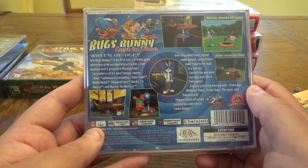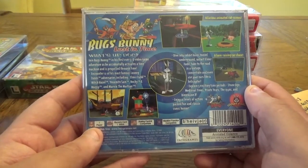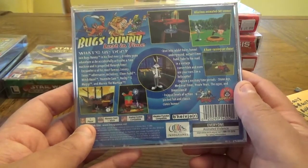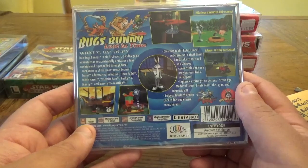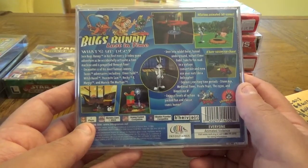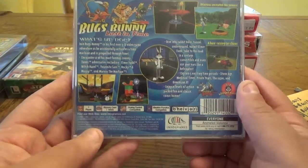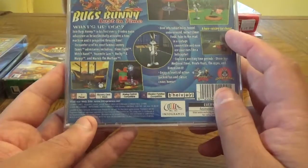Encounter 12 of his most famous Looney Tunes adversaries, including Elmer Fudd, Witch Hazel, Yosemite Sam, Rocky, and Muggsy, and Marvin the Martian. Dive into rabbit holes, tunnel underground, outwit Elmer Fudd, take to the road in a vintage convertible, and even use your ears like a helicopter. Explore 5 exciting time periods: Stone Age, medieval times, pirate years, the 1930s, and Dimension X. Enjoy 21 levels of action-packed fun and classic comic humor. Here you see hilarious animated cutscenes, a hair-raising car chase,